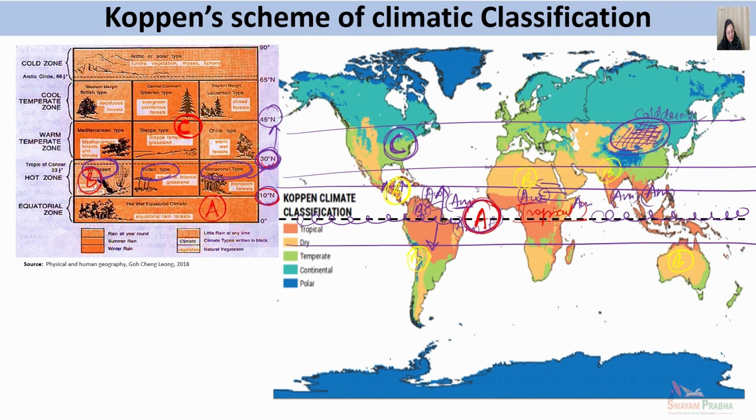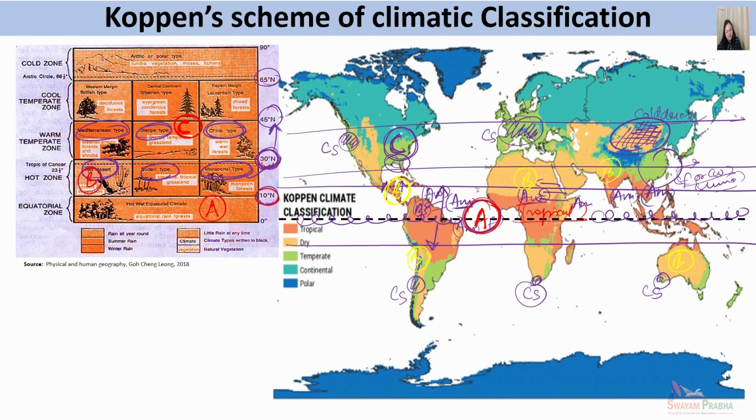Here you will have Mediterranean type of climate along the western margins, or Cs type of climate will be found along the western margins. Other variants of C type of climate like Cf will be found along the eastern side. Cf type of climate or Cw type of climate, like China type of climate, will be found along the eastern margins of the continent. So variants of C type of climate will be found in the belt extending between 30 to 45-degree latitudes in both the hemispheres.